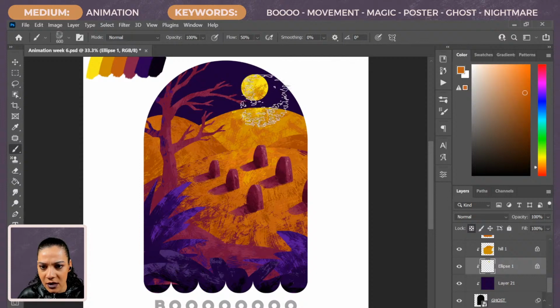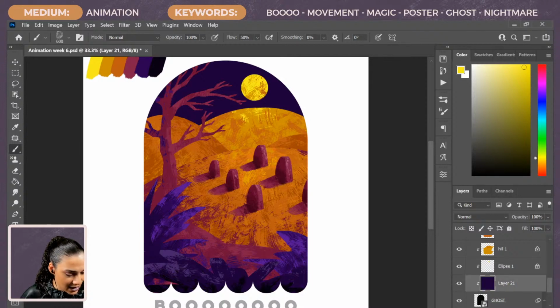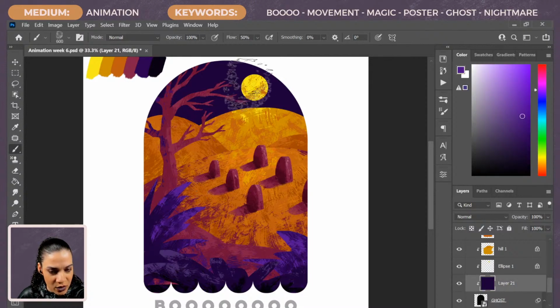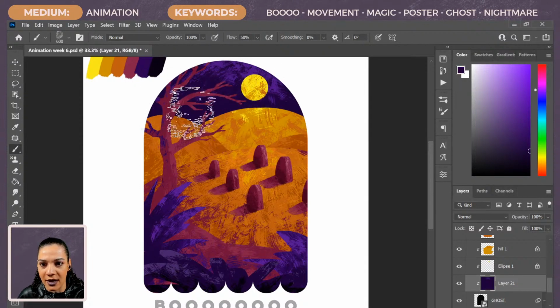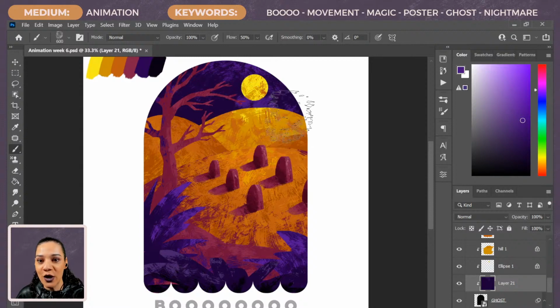Let's see. And do something like that just to give it a little bit of texture. And then here in the back, we will also pull from the top with this lighter purple color. Awesome. And we're going to add some stars and things to this, and I think it'll be really, really cool.